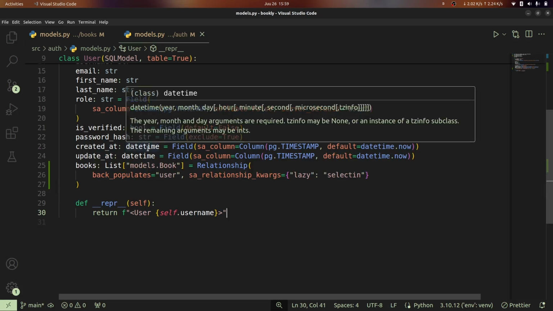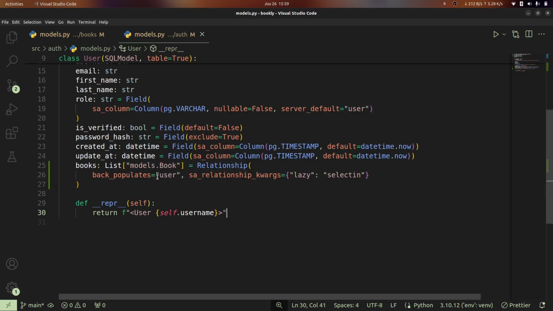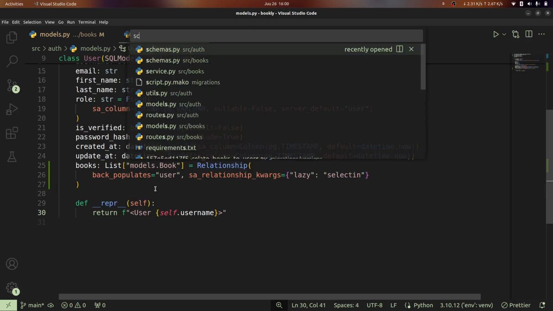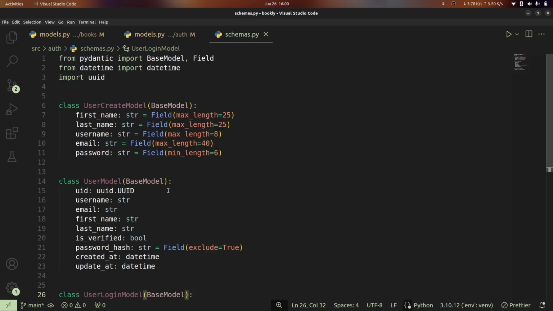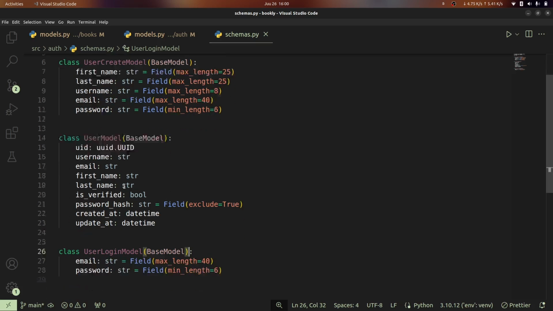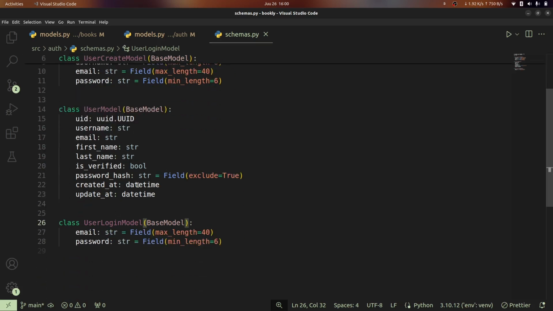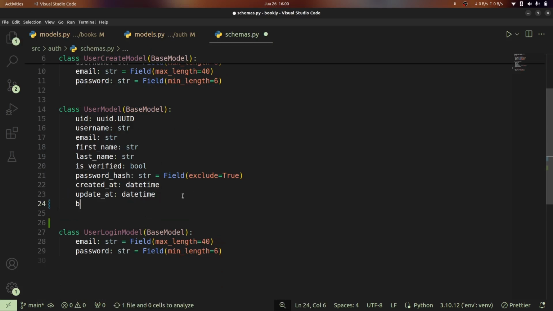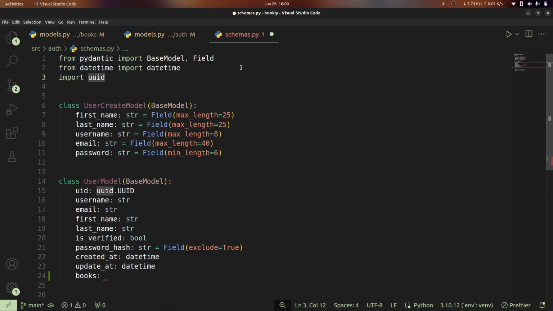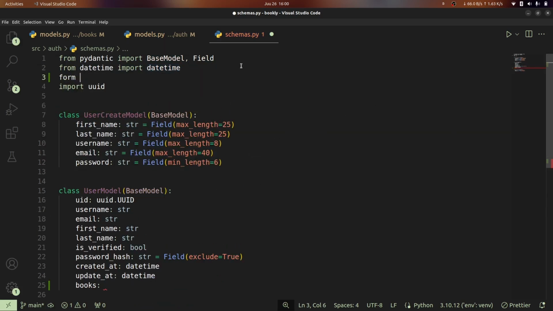And this is just the relationship attribute. So once you've been able to define this, then let's go ahead and make use of this relationship attribute. So just like we've been able to describe it here, we're now going to go on our schemas of our user and then add that list of books. So we have our user model, and this is going to return that. But in case we want to modify this so that it returns our list of books with the user model, we can simply define that here on our schema by saying books, and then we can use the typing list class. Can just come right here and say from